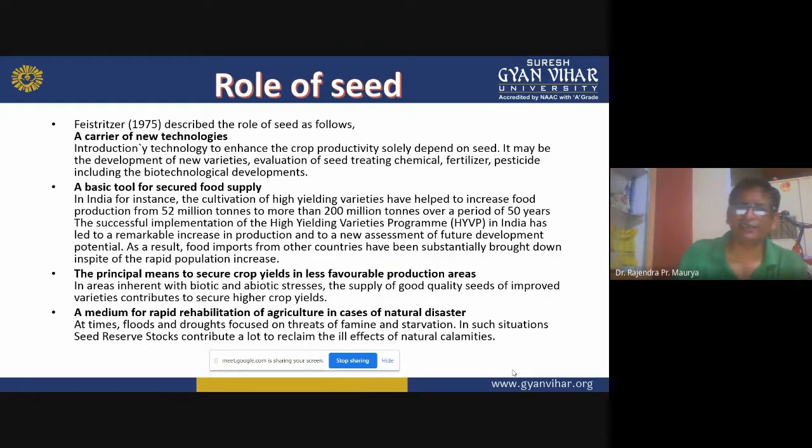We can see that crop production and crop productivity depend solely on the seeds. If the seed is not qualitative, if the seed is not a high yielder, then it's very difficult to enhance the crop